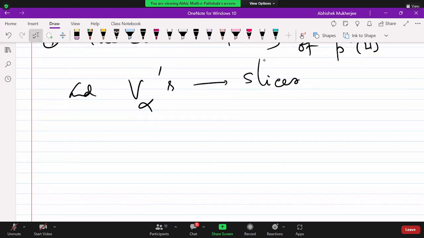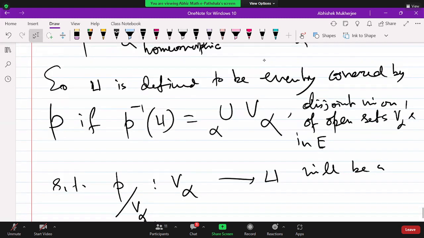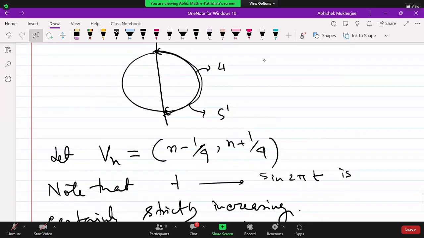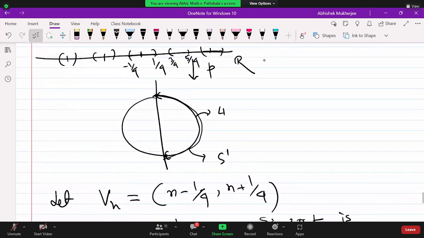Now, if you look at the example, this U is evenly covered by P. Not only that, if you take any open set,